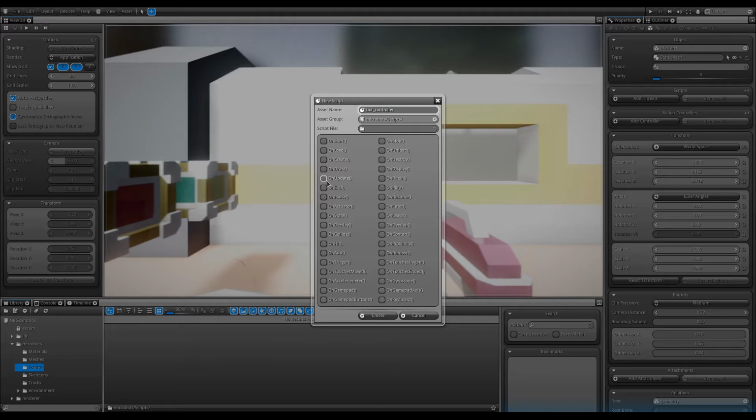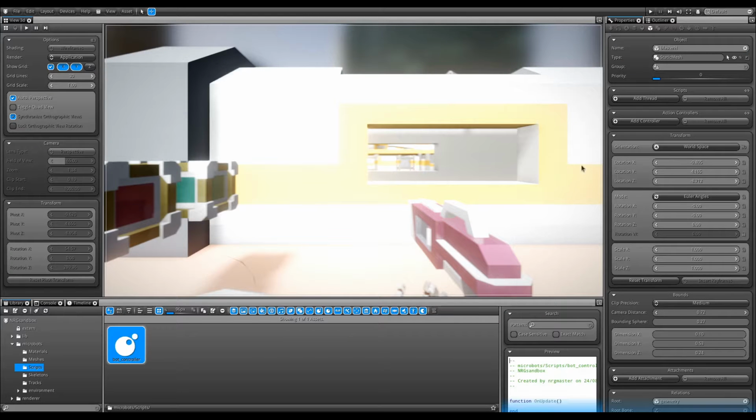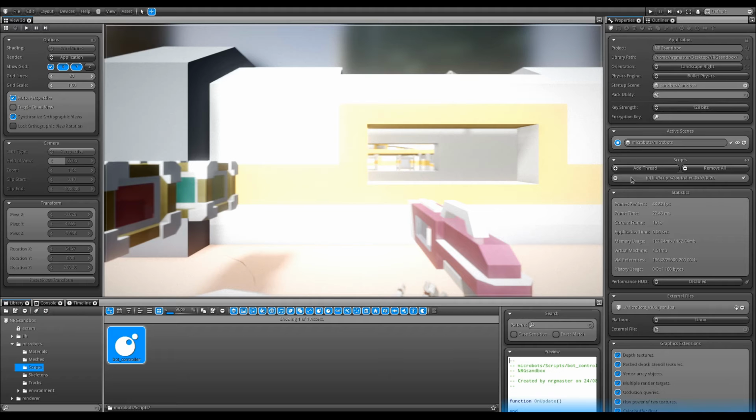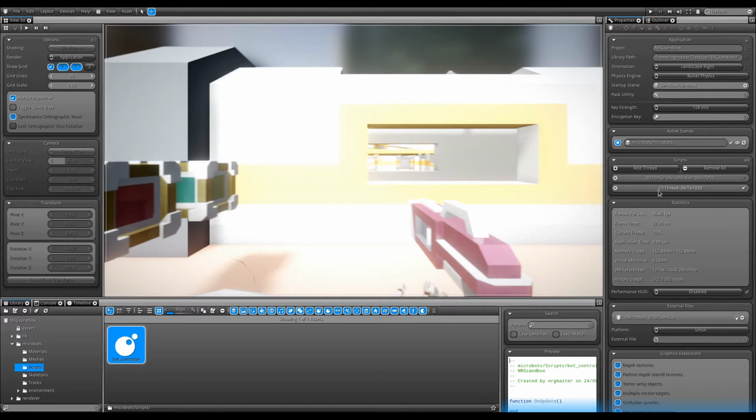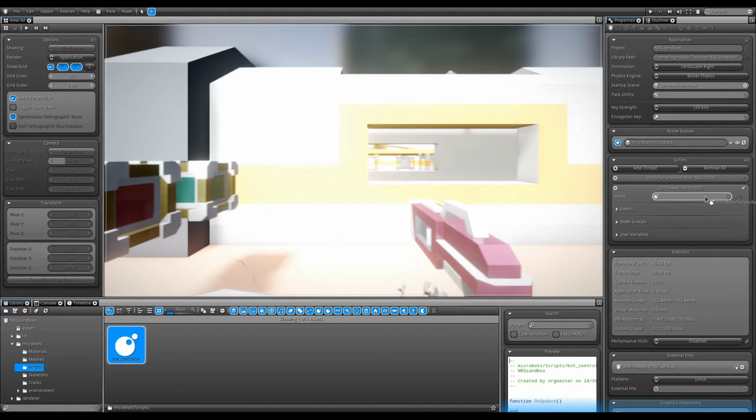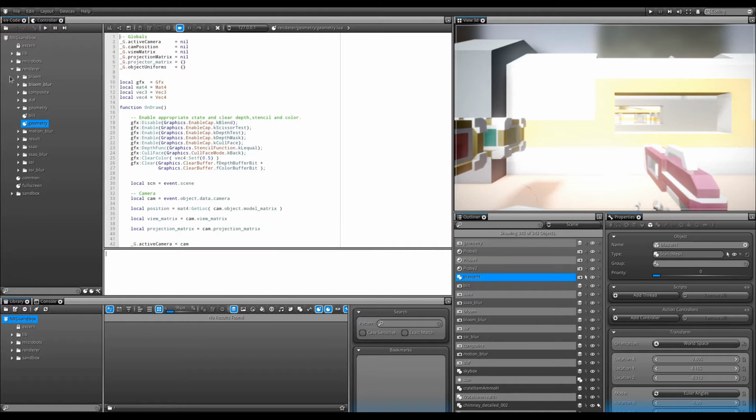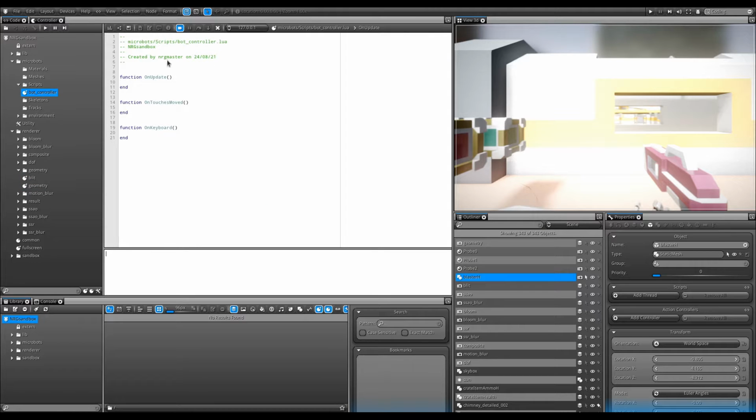And I am going to create by default the event onUpdate, onTouchMoved, and onKeyboard. Create, and I'm going to go under properties application and turn off the previous controller that was there, part of the sandbox. Add a new thread, open it up, drag and drop our bot controller, and jump to the coding layout. Open up our newly created script,